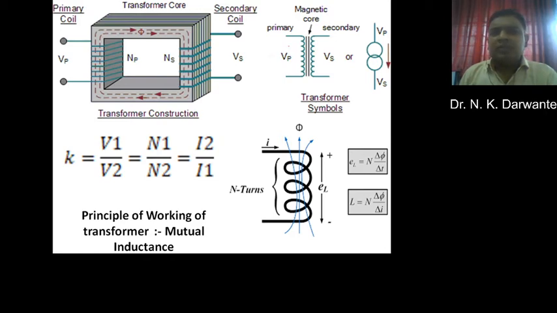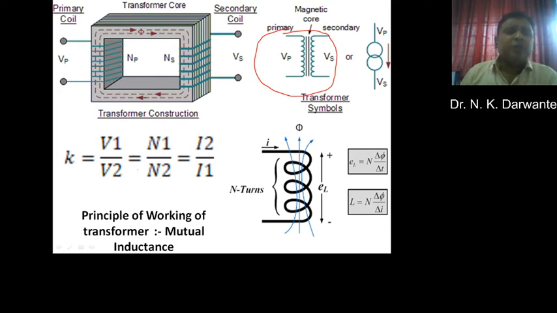you can see here the symbol of the transformer. If an iron core is used, then two parallel lines are drawn, as this is the iron core. If a dashed line is used, that is a ferrite core, and if nothing is in between the primary and secondary winding, that is known as an air core. Though it is not displayed here, depending upon the parallel lines between the primary and secondary, you can understand which type of core is used. Here two straight lines are there, meaning we have used the iron core.